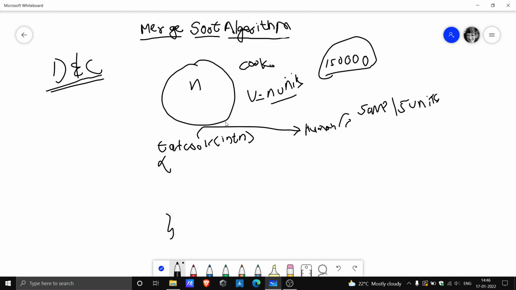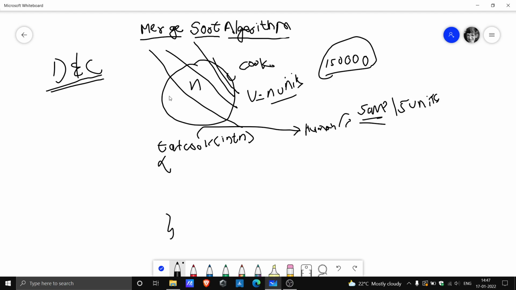The simplest and most basic intuition is that we divide this problem into multiple pieces. Our problem is eating n, or our function eat cookie, which receives the parameter of size n. I'm going to break this cookie into two halves, and I'm going to keep on breaking it until I get the smallest piece which I can actually eat, which is, let's say, 5 centimeter cube. This is what our intention is.